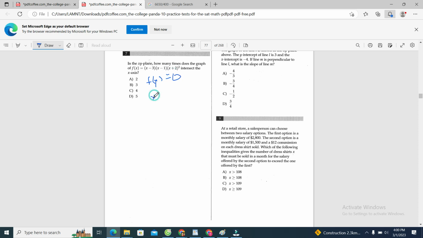Because x minus 3 is a factor, x equals 3; x minus 1 is a factor, so x equals 1; and because of the (x plus 2) squared, it is a